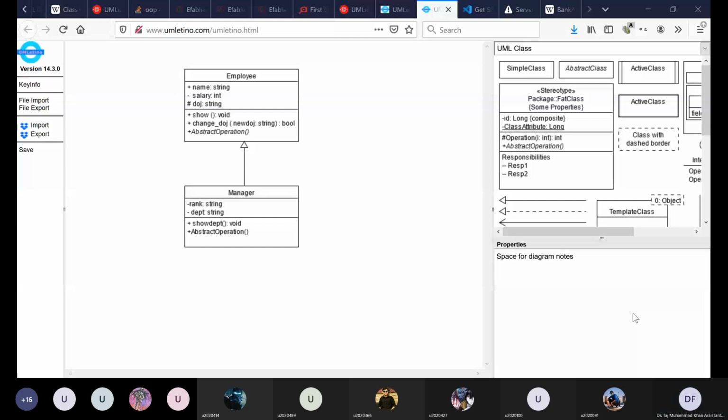Constructors and destructors don't need to be mentioned because every class contains them. Yes, but you can mention them. I don't think anybody is stopping you from mentioning them.